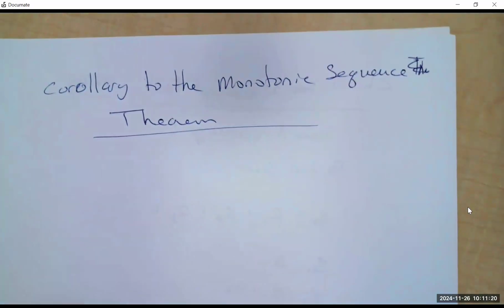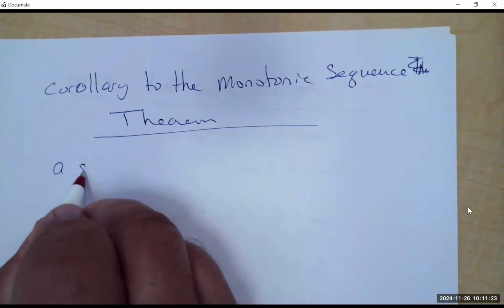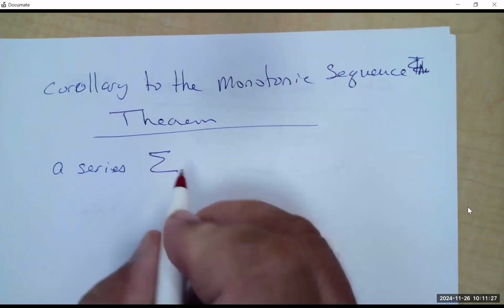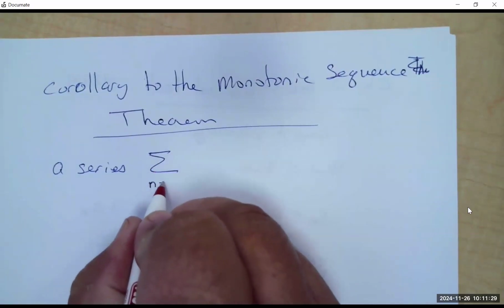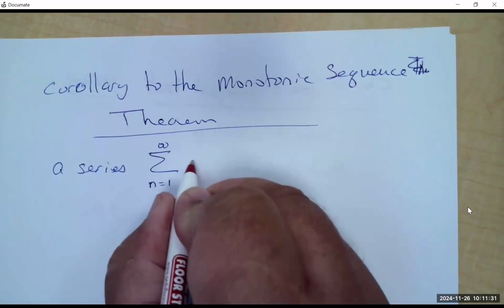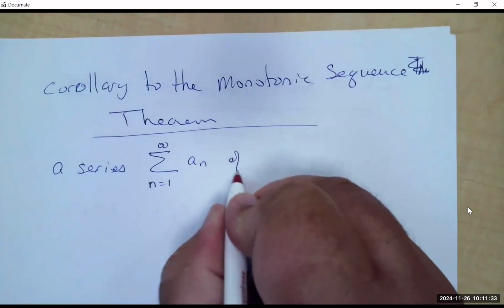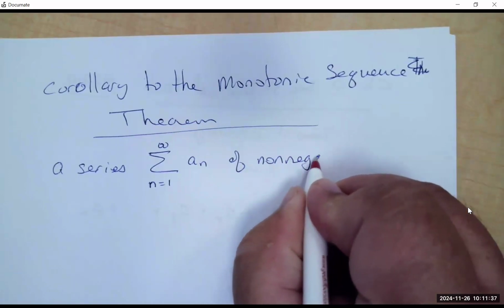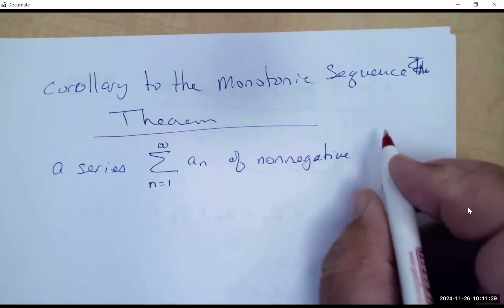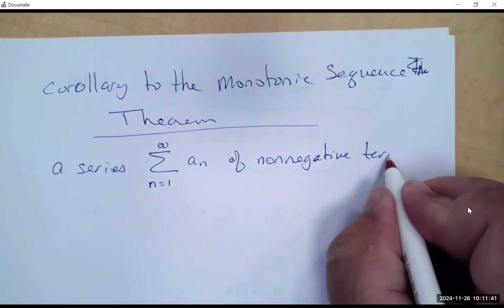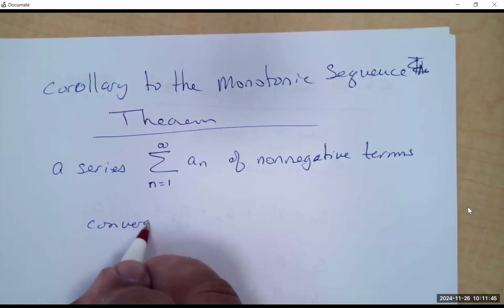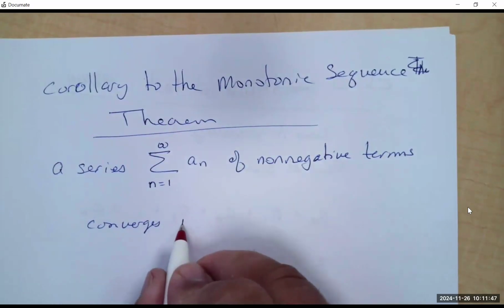It says this: a series, n equals 1 to infinity of a sub n, of non-negative terms, converges if